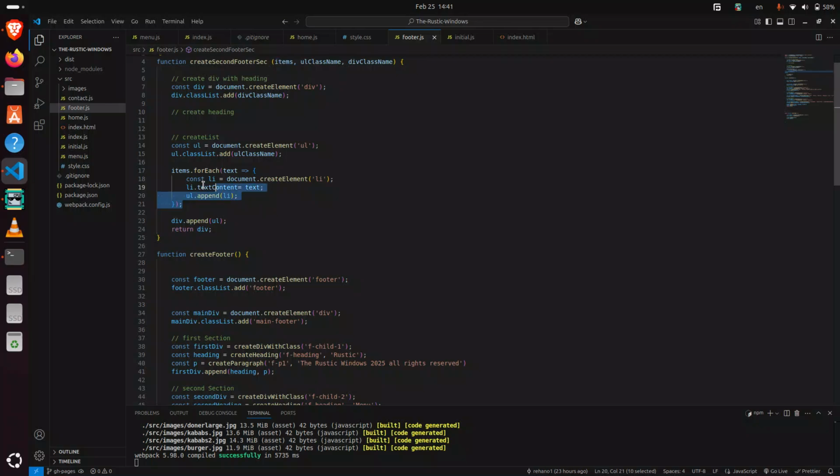It means that if I use an array in the first parameter, in the place of items, it will create li's of that text. I have used it later, I'll show you.